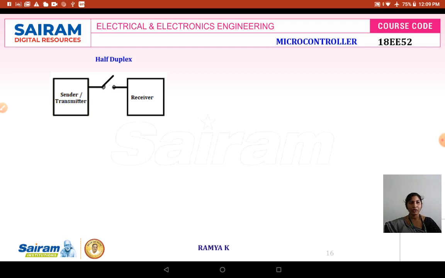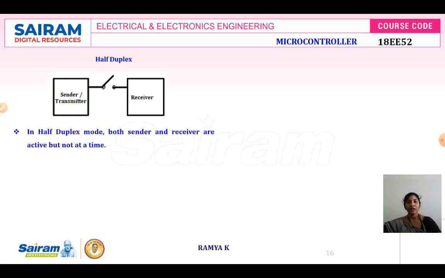Depending upon whether the data is transmitted simultaneously or not, it is subclassified as half duplex and full duplex. The diagram for half duplex is shown over here. If your data is transmitted only one way at a time, then it is referred to as half duplex communication. Sender and receiver are not both active at a time.